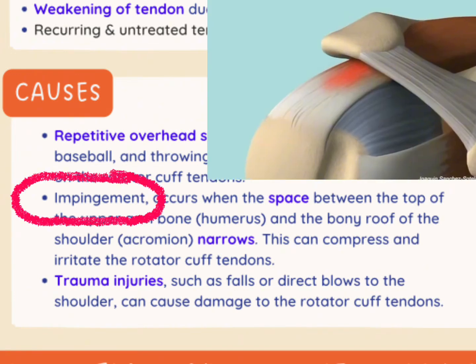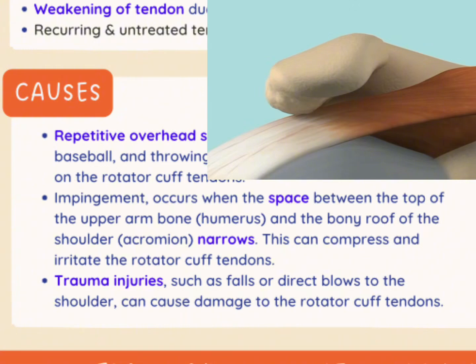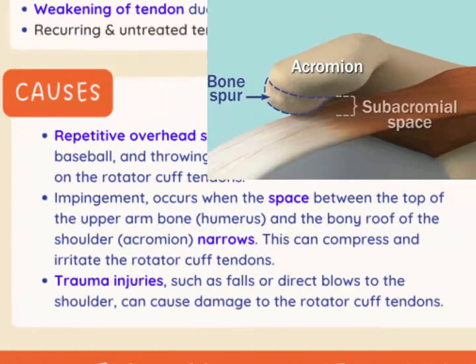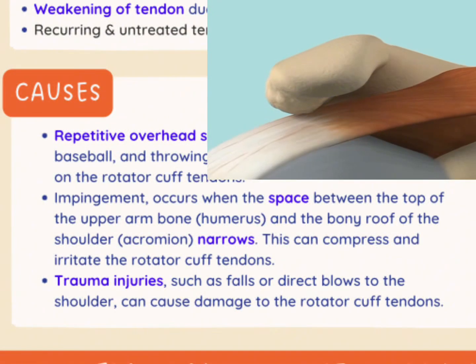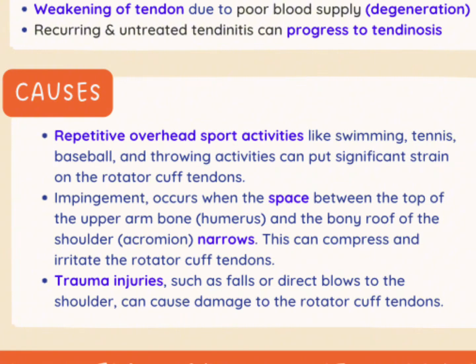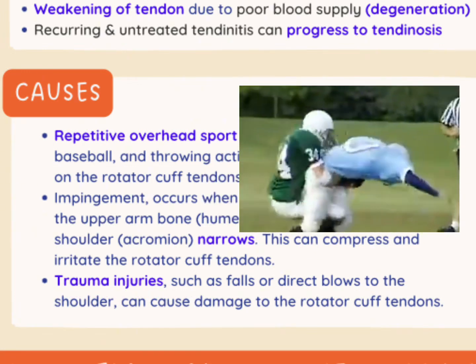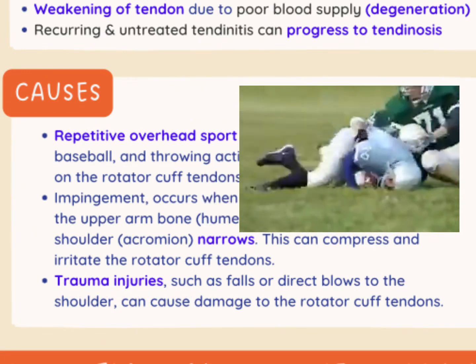Another common cause is shoulder impingement, which occurs when the space between the humerus and the bony roof of the shoulder, known as the acromion, becomes narrow. This narrowing results in compression and irritation of the rotator cuff tendons, contributing to inflammation and pain. In addition to overuse and impingement, rotator cuff tendinitis can also result from traumatic injuries. Events such as a fall or a direct blow to the shoulder can cause significant damage to the tendons, leading to